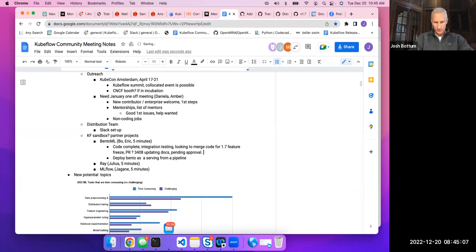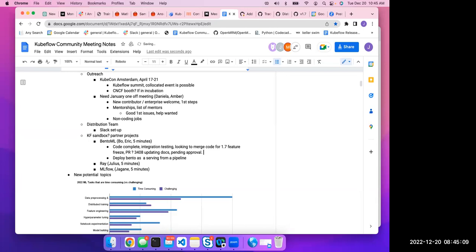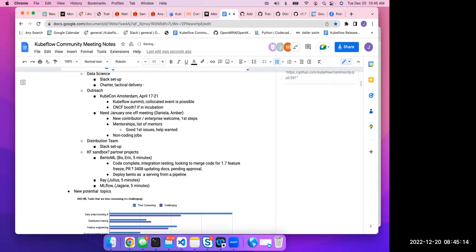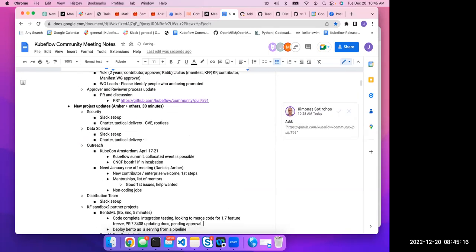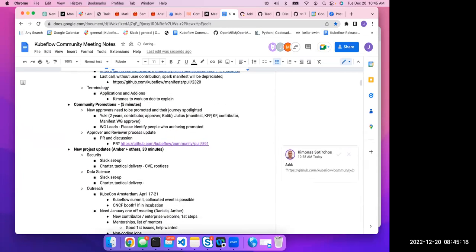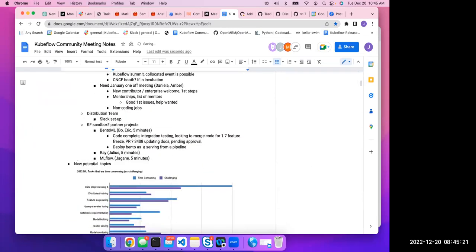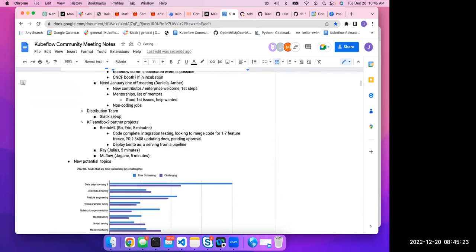Go ahead. I have one important question, which is also related to the PR I just posted. I'm spending a lot of time over the last 2 years working towards a rootless Kubeflow. Kimonas also wants to do some stuff regarding that in 1.7, and at Ericsson they are working on this. This is also why I created this PR, to add to the requirements for new additions that their containers do not run as root users or with any crazy